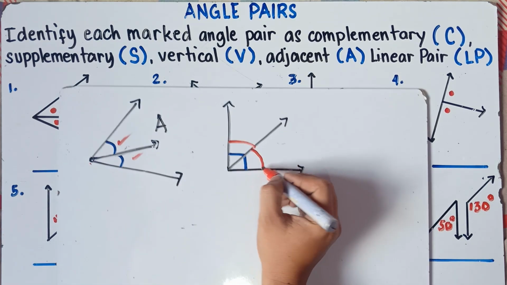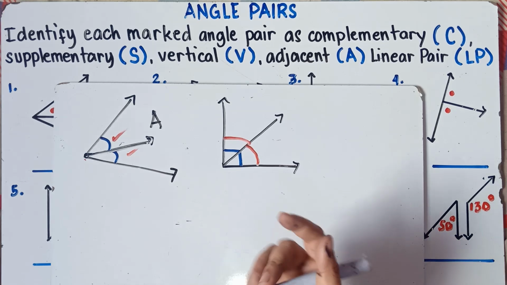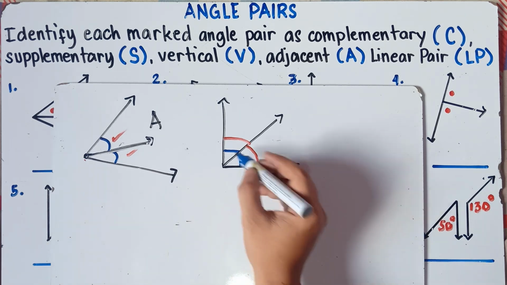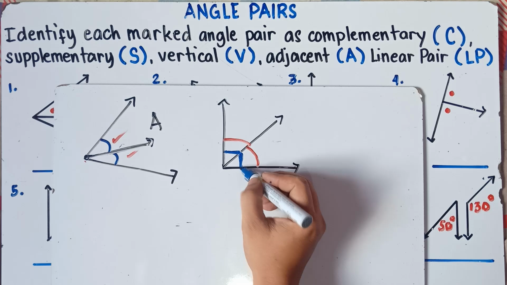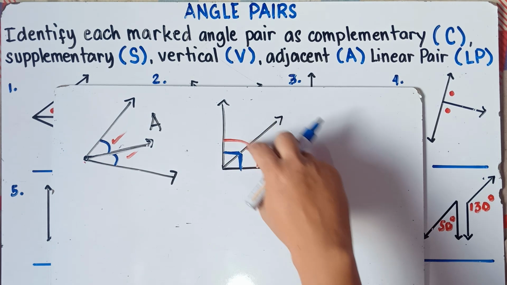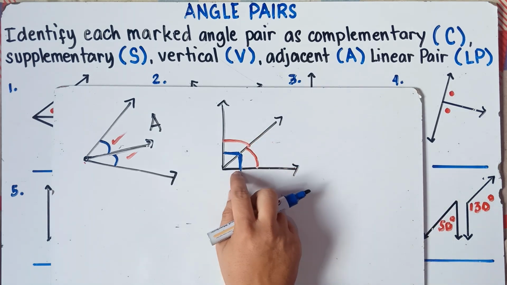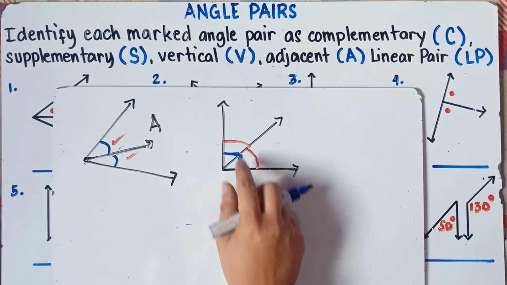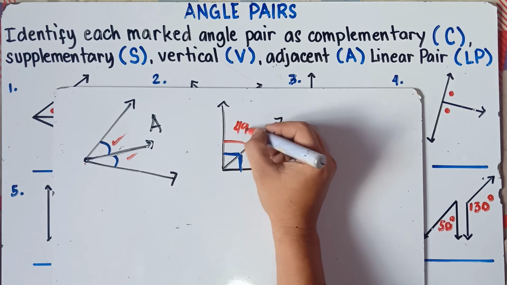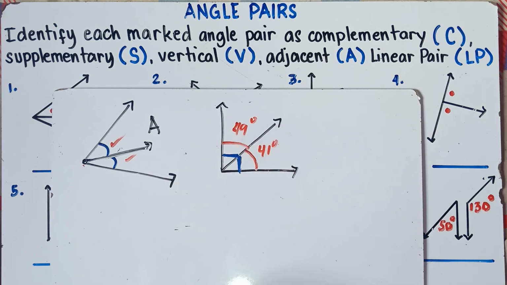Now question, are these two angles complementary angles? Yup, they are complementary angles because with regards to this marking, we know that this whole angle will be 90 degrees. So the two angles, class, are complementary angles, because when you add the two angles, it should be 90 degrees based on this marking. So therefore, we can say that the two angles are complementary angles. So let's give an example. If this is 49 degrees, of course this will be 41 degrees, because 41 plus 49 is 90 degrees.